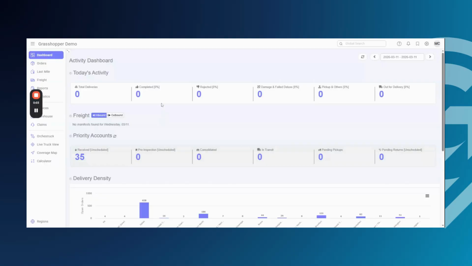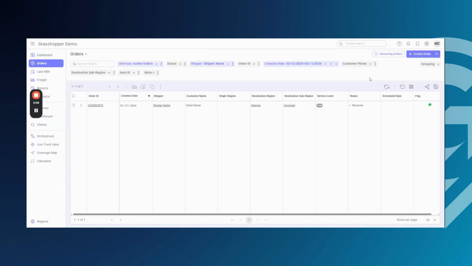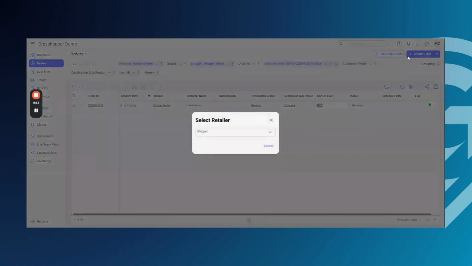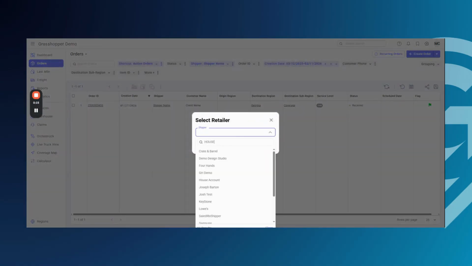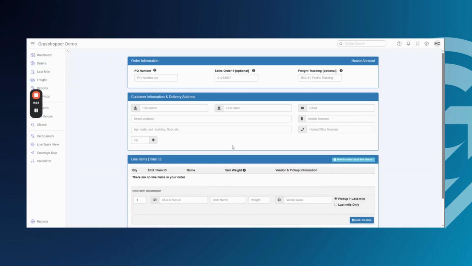Labs. In this video, we're going to be creating one individual order. What we want to do is click into our Orders tab on the left-hand panel. And then on the top right of the screen, we want to select Create Order. Here, we're going to select the account in which the order will live under, and then enter in the order